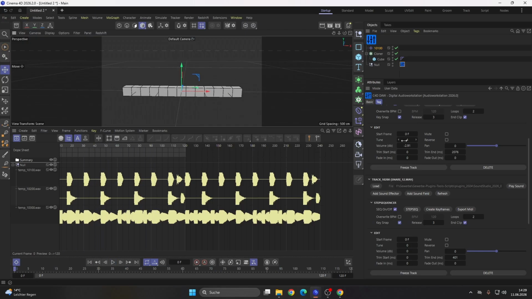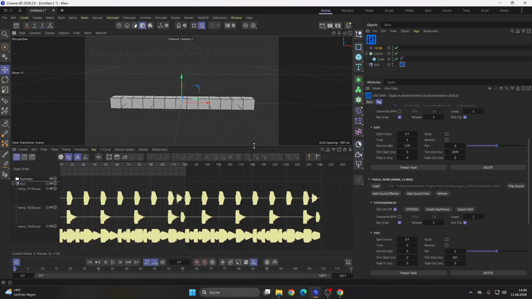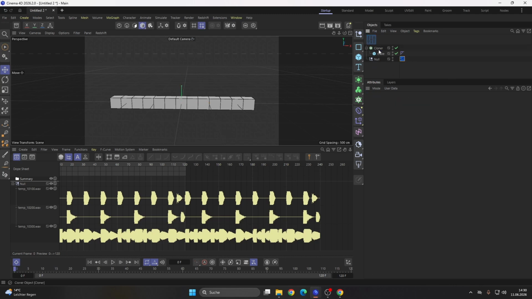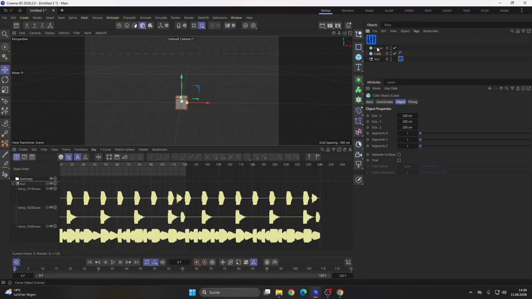But this is not only restricted to the sound fields and sound effectors. We also often need to animate just a single parameter or something. Therefore there is the keyframe section here. So let's quickly delete this cloner object. Let's keep this cube. And I want to control the cube, the Y axis here. So I simply,